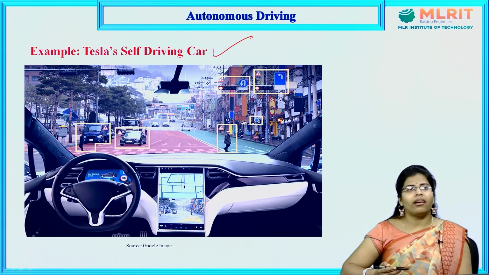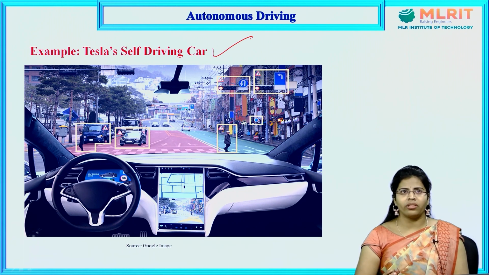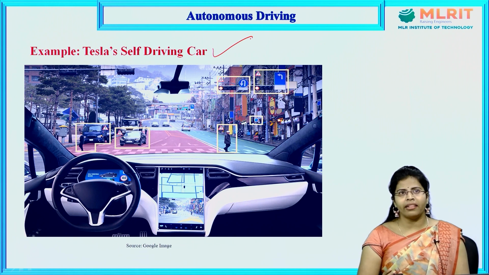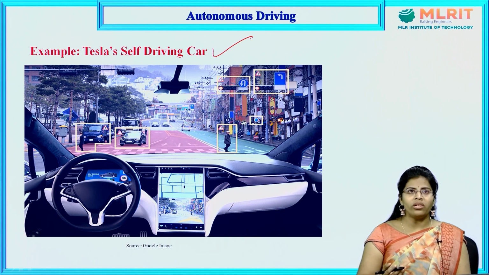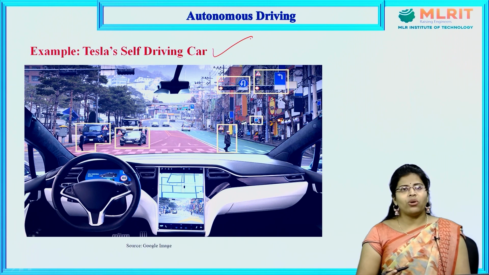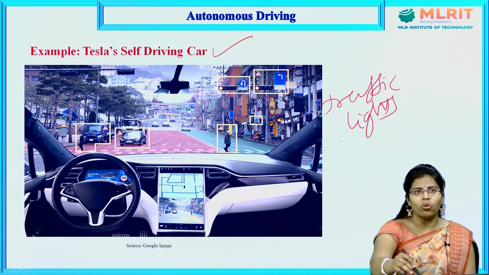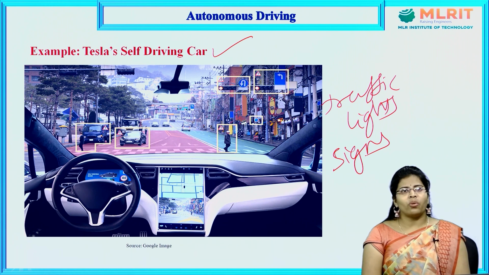That means autonomous cars are going to create and maintain a map of their surroundings based on the sensors situated in the car, and also they can follow traffic rules. The video cameras are going to detect the traffic lights, read road signs, and also look for the pedestrians who are walking on the road. So, based on that,